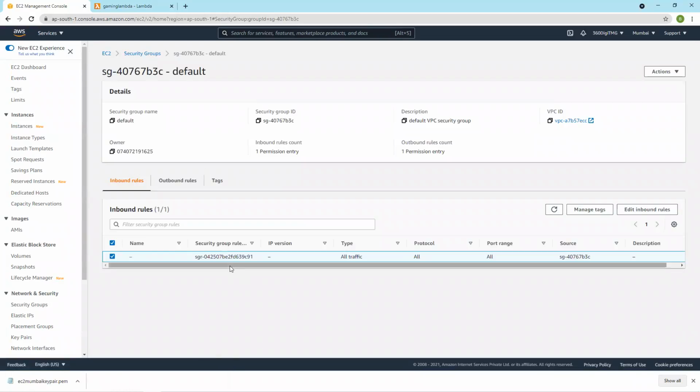By default, this security group allows all the traffic. And this is the source. Outbound rules allow all the traffic to the internet. Inbound rules allow all the traffic from this security group.